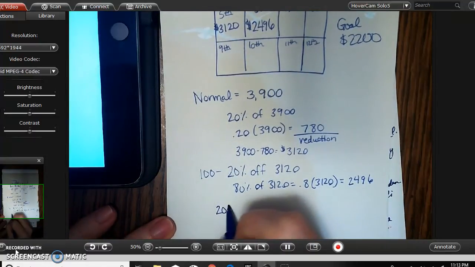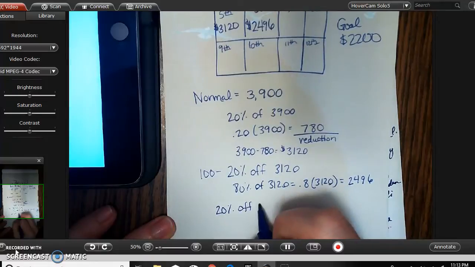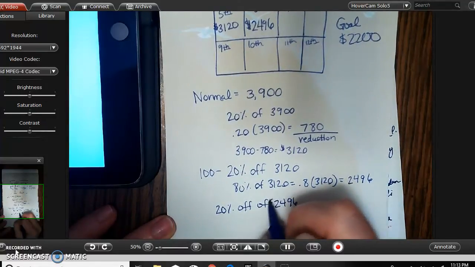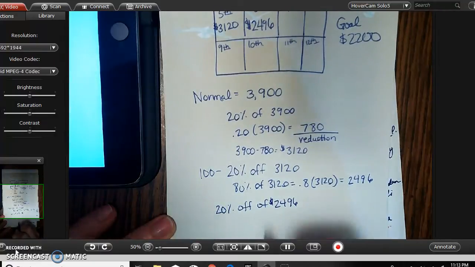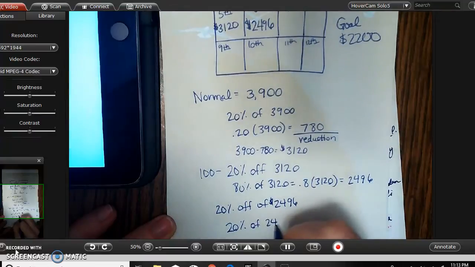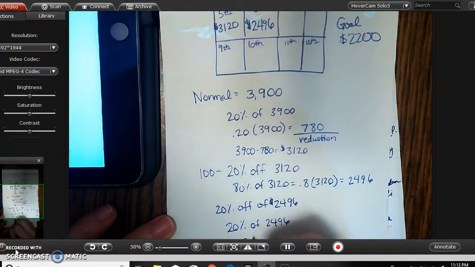So once again, 20% off of, and now we're up to this as our price. And so if we do 20% of that, if we want to use that other method again, 0.2 times